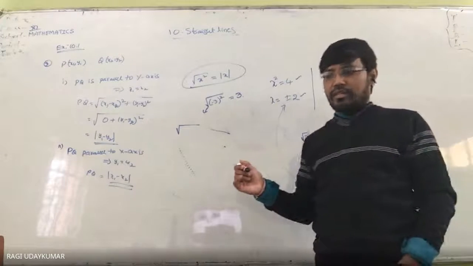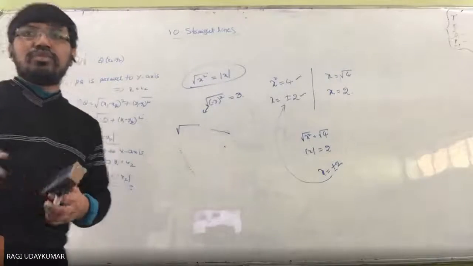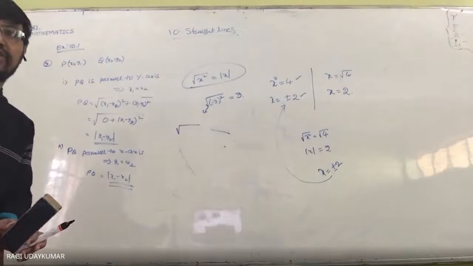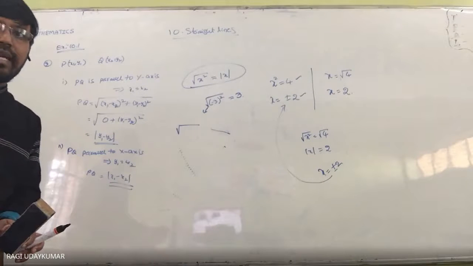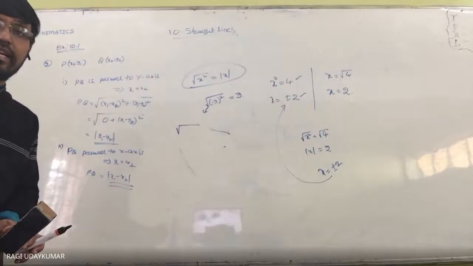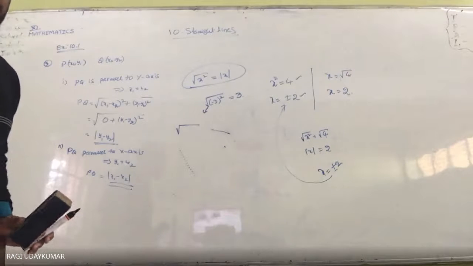This point, yes sir, it is clear? Huh? So let us move to the next question. Here, the fourth question is given to you: find a point on x-axis which is equidistant from the 2 points. You have to find a point on the x-axis which is equidistant. These are all questions solved in 10th class only. You can do it. I'm leaving it to you as homework.